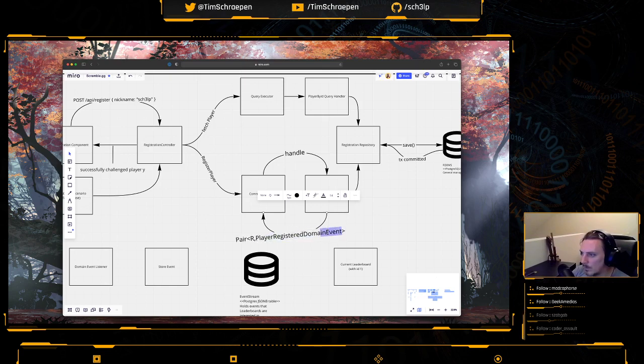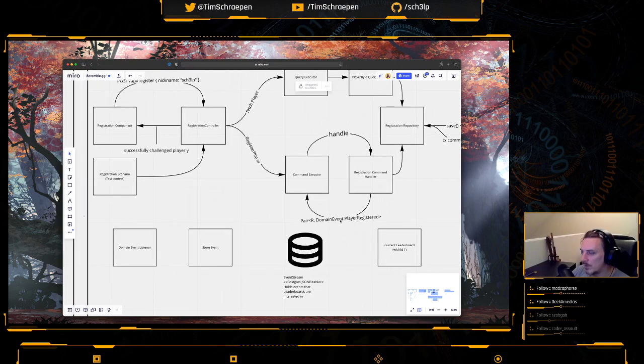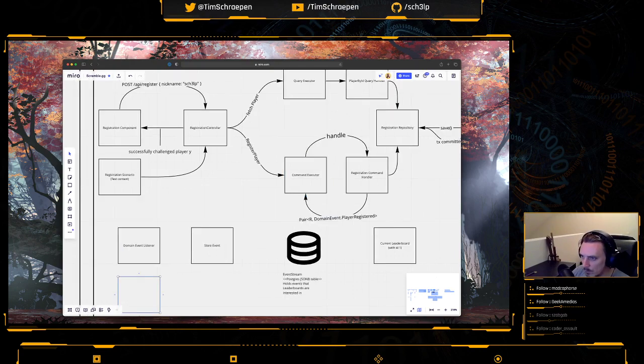Maybe I will prefer this notation as well. Something like that. Make it small plus. Okay, or whatever. So then once this player registered event ends up in the command executor, I am going to put it